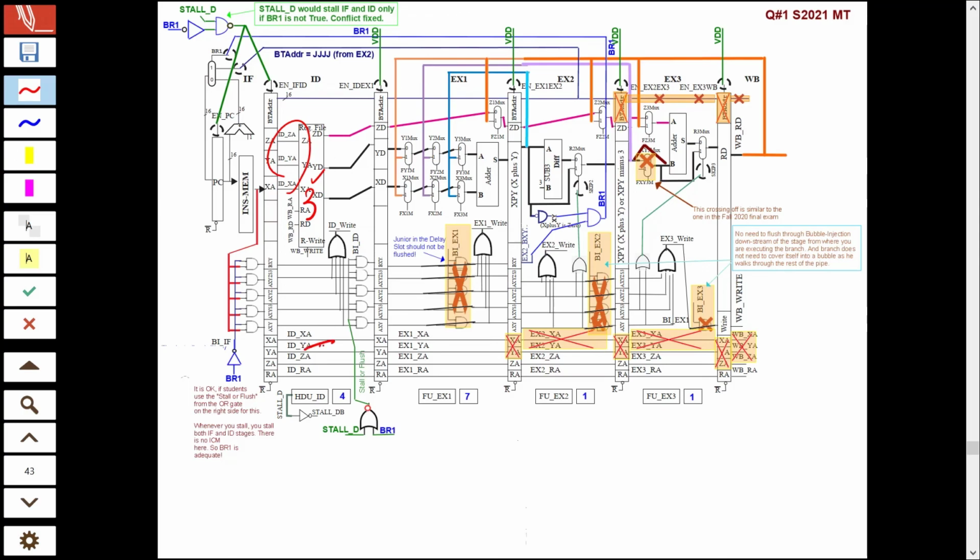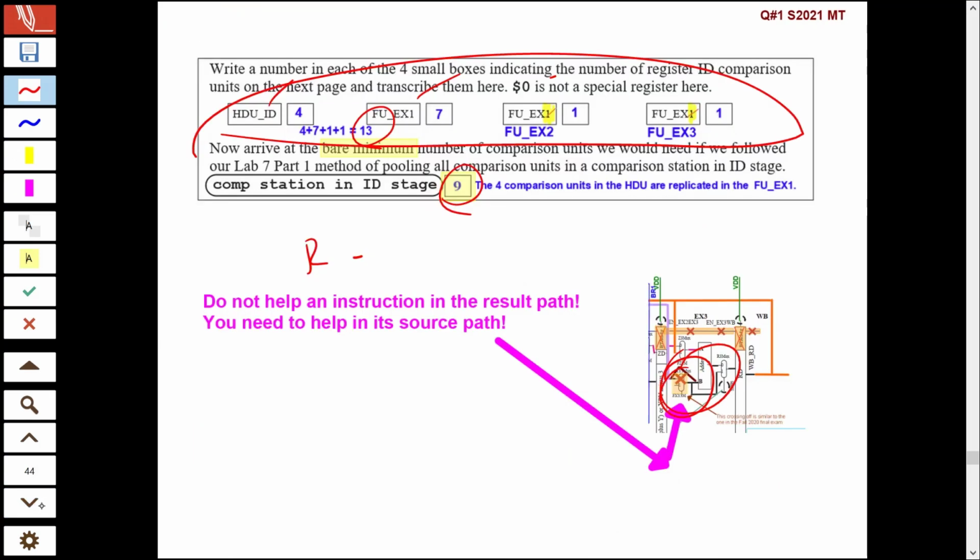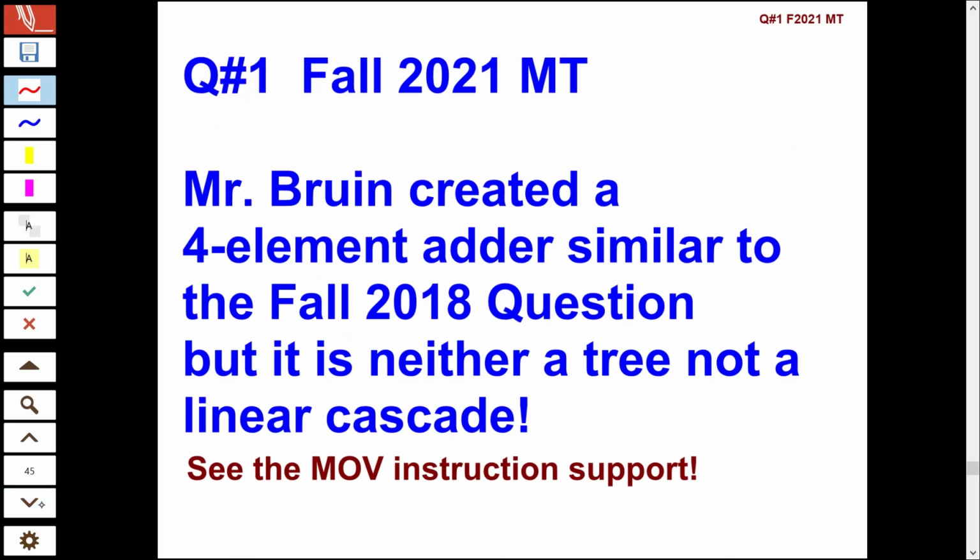Apart from that, I, the junior, could be dependent on senior 1, senior 2, senior 3. Okay, so I need 3 plus 3 plus 3. That would be 9 comparison units. So are you saying 3 plus 9? Perhaps yes. Yes, 3 plus 9. Okay, now